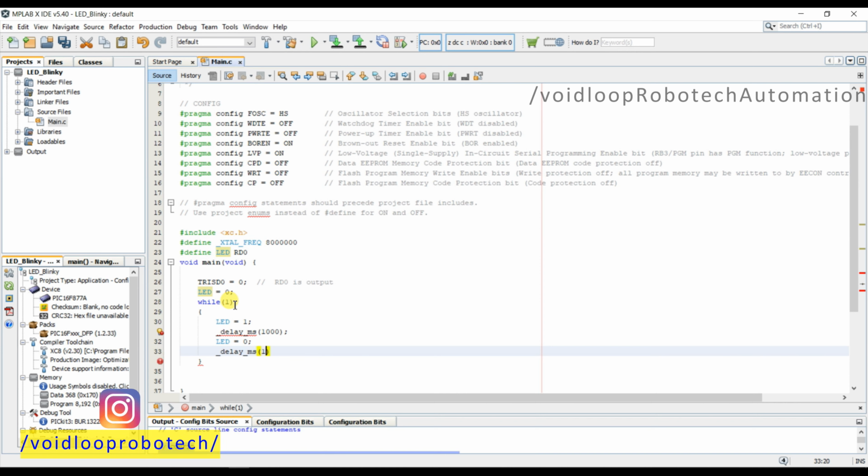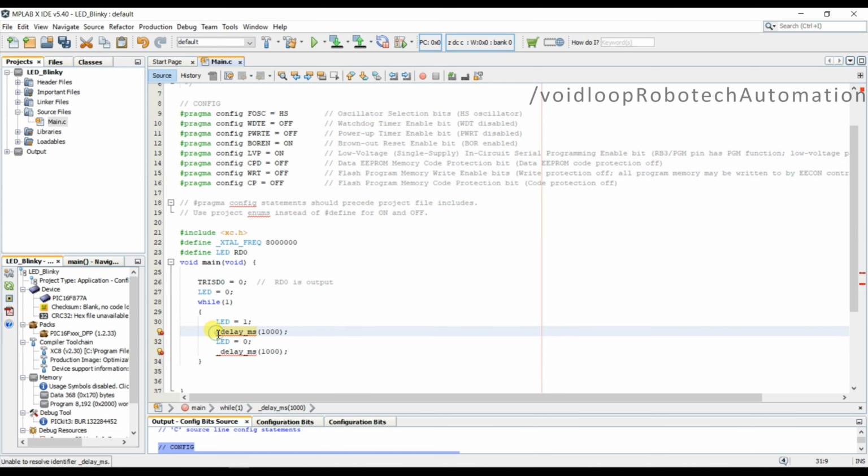For 1 second means 1000 millisecond. Okay, I think here is a double underscore, so I will add one more underscore.